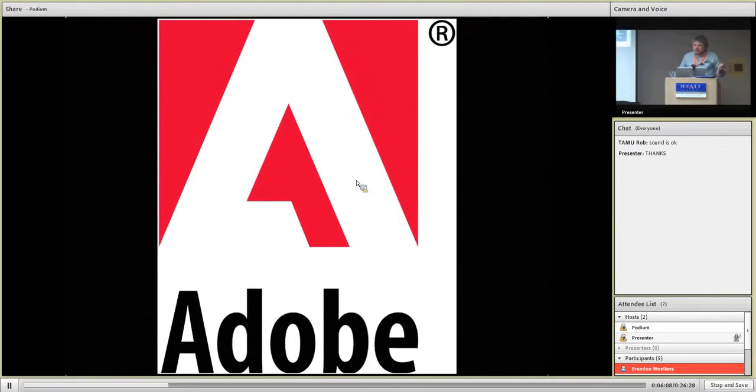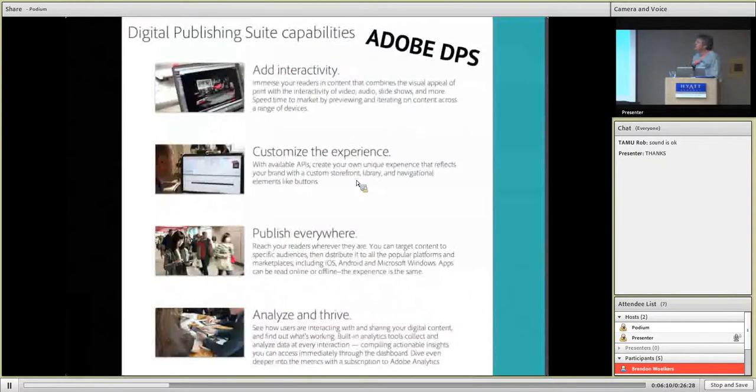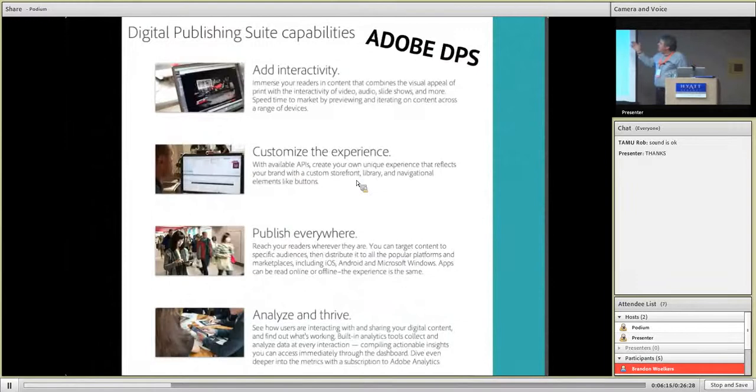And so he said, listen, we ought to be using the Adobe Publishing Suite, which is a high-powered authoring system that allows you to add interactivity to documents, customize these experiences and navigation, and publish anywhere, because we're really trying to be publishing mobile. So this particular piece of software allows us to go to iOS, Android, and Windows apps. And it also has some analysis capacity in it.